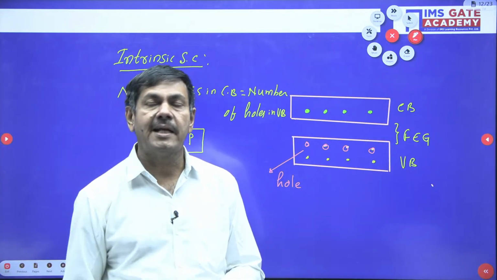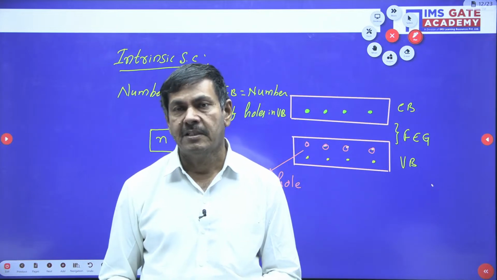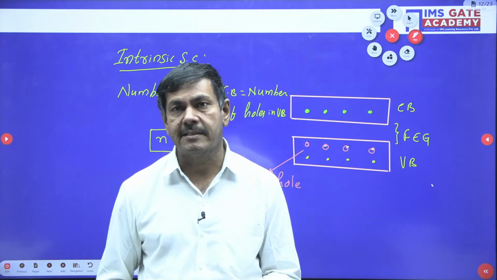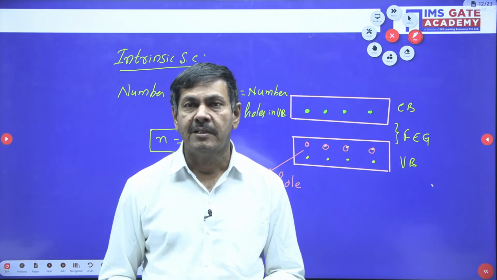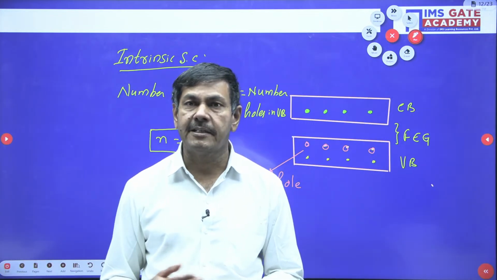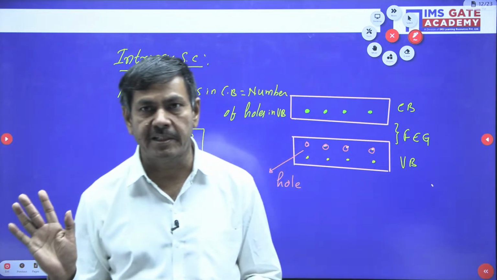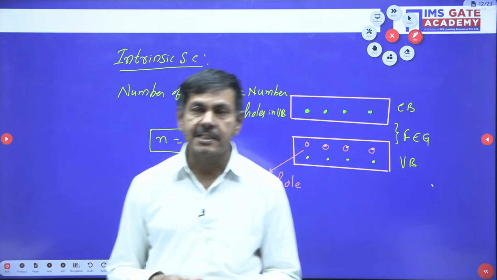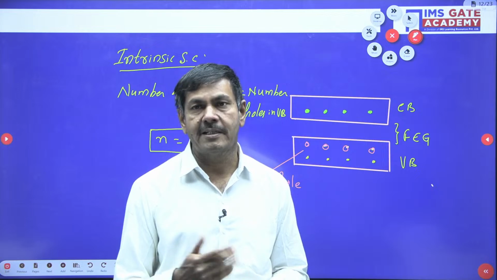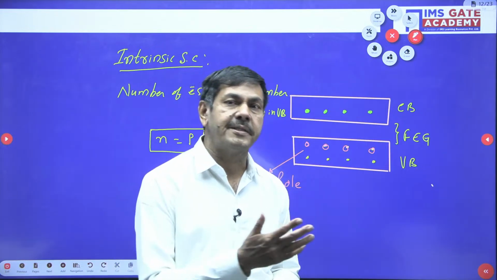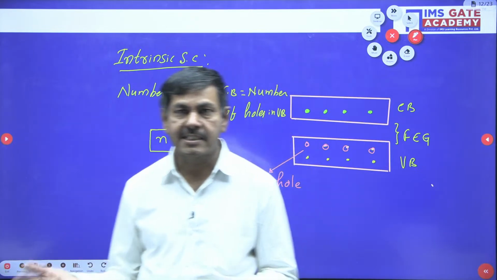Even if you want to design the PN junction diode, we take P-type and N-type material. Even to design the transistor, that means NPN and PNP, only N-type and P-type are used. Even to design the JFET or the MOSFET, an extrinsic semiconductor is required. But I can get an extrinsic semiconductor only from an intrinsic semiconductor, by doping it. Without doping we can't get it, and without an intrinsic semiconductor I can't get an extrinsic semiconductor.